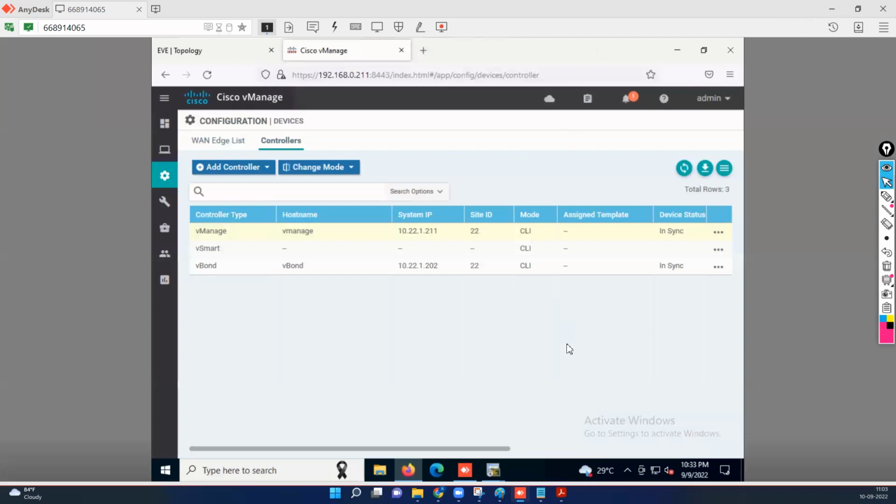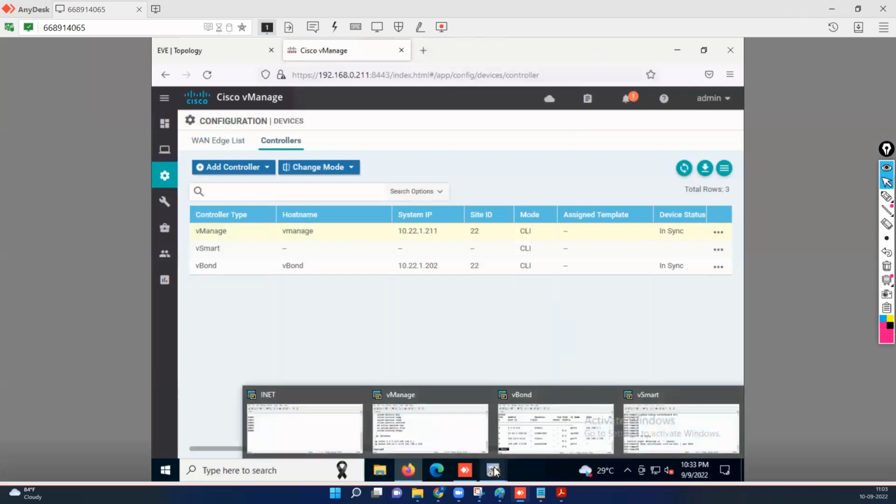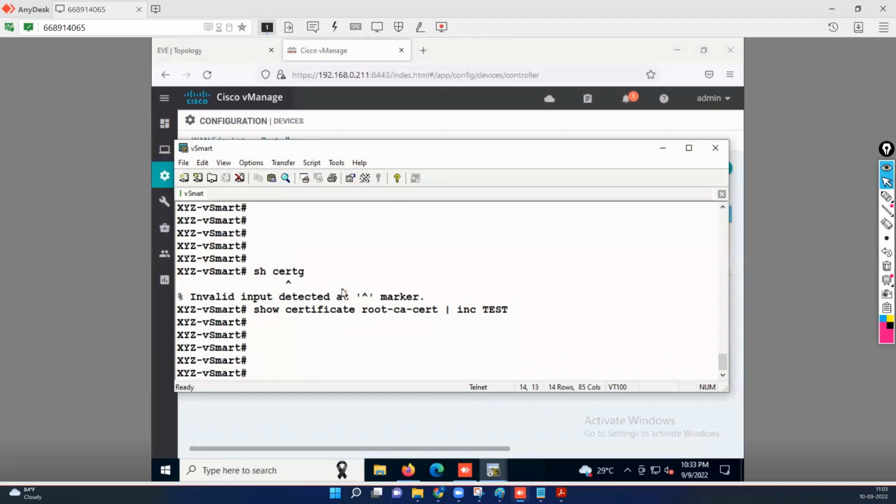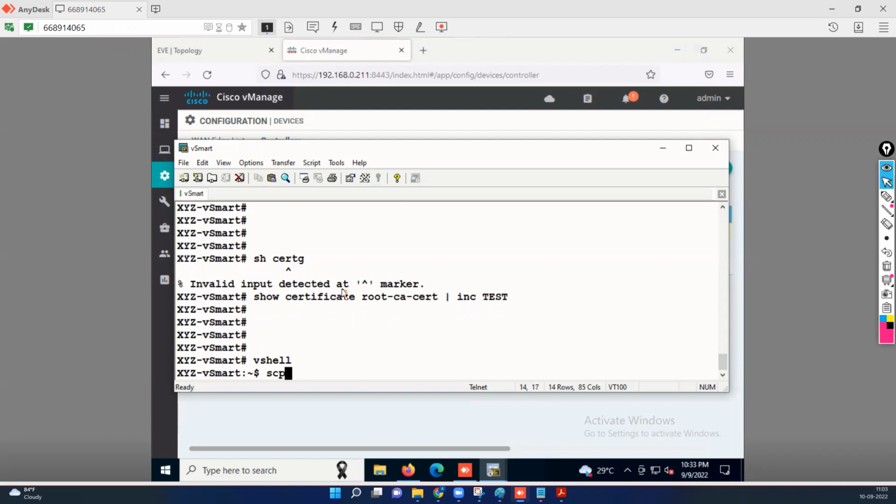So now for this, I need to go to the CLI of vSmart again. Meaning that I need to do SCP. You cannot do SCP from this mode. You need to go inside the shell. So vshell, and over here the command is SCP admin@, and you can copy paste from the PDF also. I'll specify where the certificate is inside vManage. So I'll specify SCP admin, then after the IP colon, the syntax is slash with the folder, which is /home